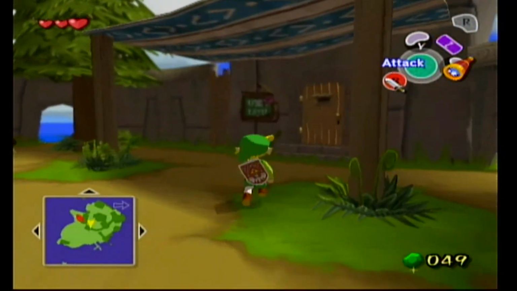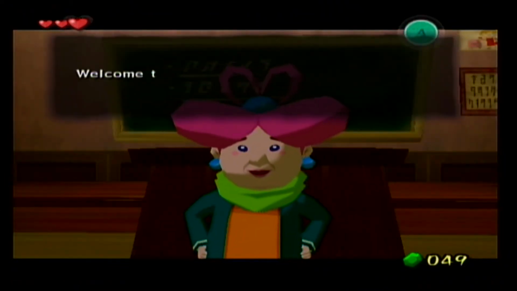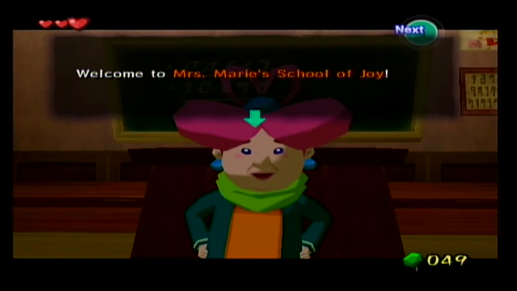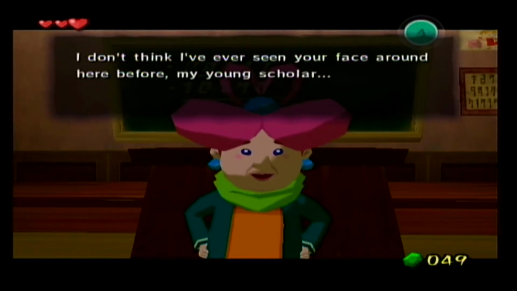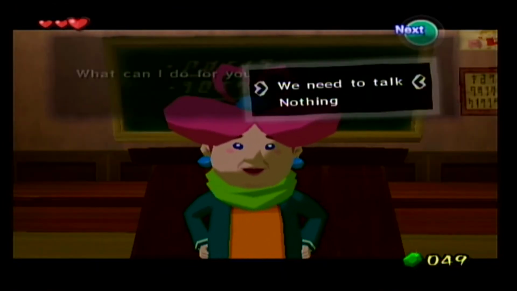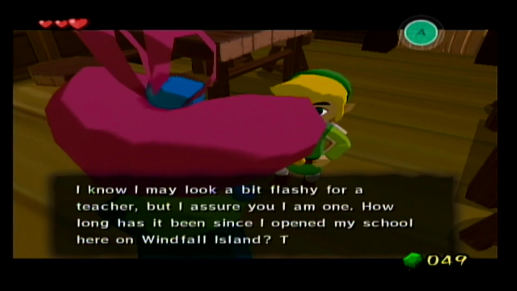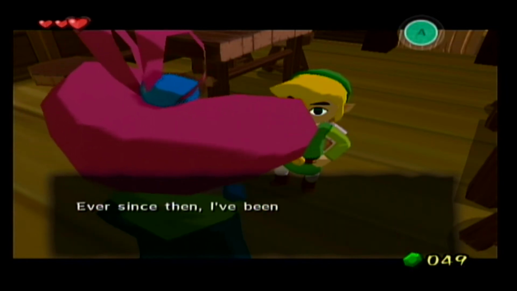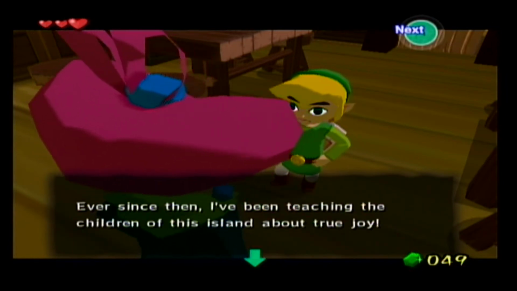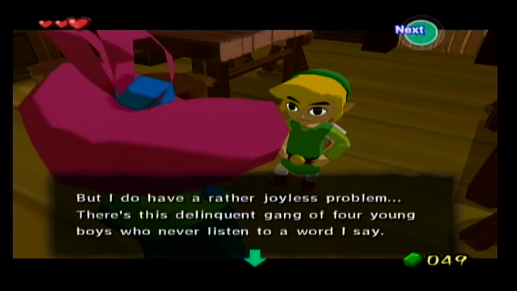But you come into this door here. It's got this weird looking chalkboard next to it. And this right here looks very much like a school. So this right here is Mrs. Marie's School of Joy, and she has her own side quest where there's 4 boys outside, and they're sort of like in their own gang, clan, group, or clique, or whatever it is that you want to call it. And they're known as the Killer Bees, and I just think that's absolutely ridiculous,